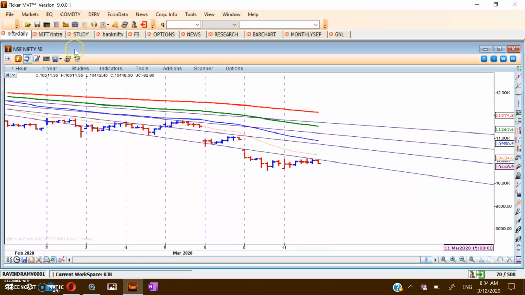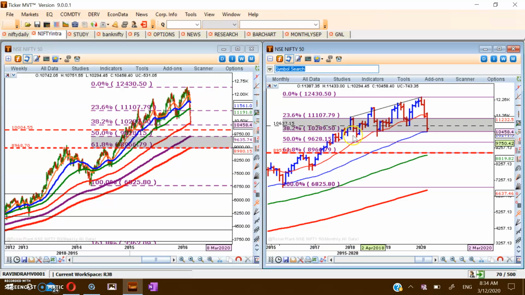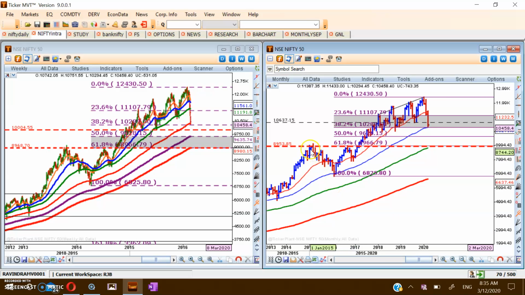Now, as far as we are trying to understand where the market will go, what will be the next support level? Looking at the current scenario, it was very much necessary for the market to test support at this 50 EMA, because in the past it had tested support at 50 EMA in 2016 and then bounced back. But we have also discussed that there is a difference between that scenario in 2016, because in 2016 this was a fall of almost 30 to 40 degrees,